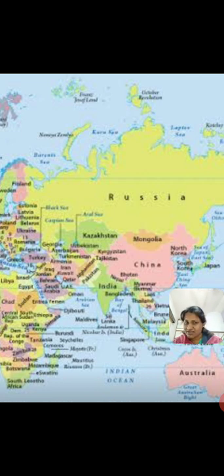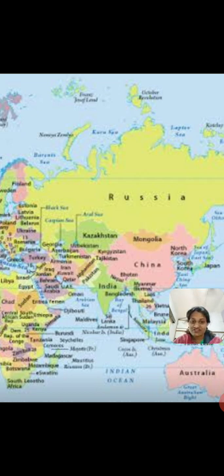So what do you observe first? When you look at the map, what can you see? Doesn't it look very colorful? Correct. You can see that there are a lot of colors used. Okay. What else can you observe? What do you think this map shows? What do you think it's showing? Have you thought about it? Why don't you write about it?